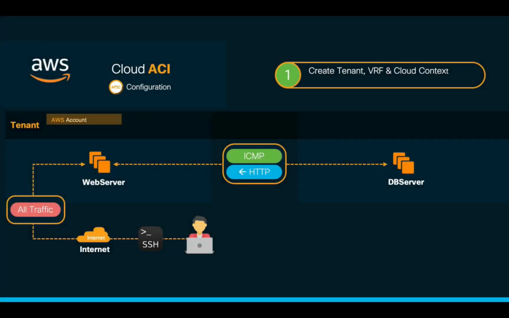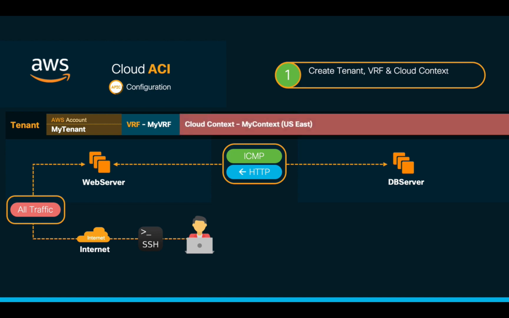We can now proceed with our configuration. First, we will create our tenant with its VRF. Then, we'll associate it with a cloud context specifying US East as its region. We will include